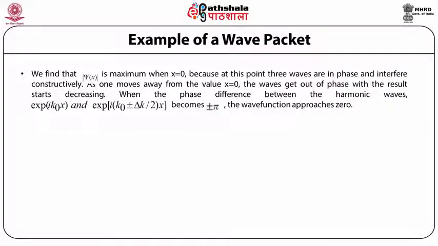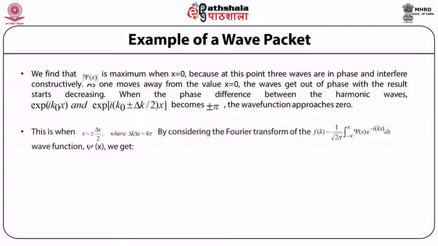The wave function approaches 0. This is when x is equal to plus minus delta x by 2, where delta k delta x is equal